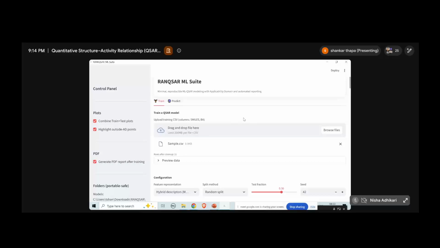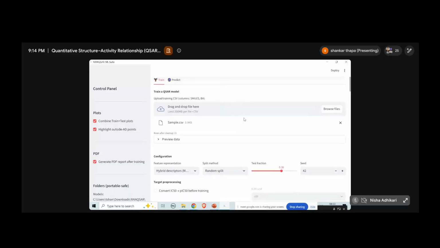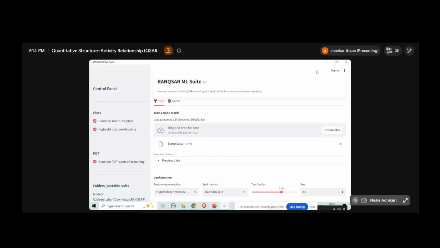Okay, so the criteria will be your IC50 value first. Sometimes you can use the better IC50 value, suppose an IC50 value less than 100 nanomolar. Suppose you have downloaded 500 compounds from those databases, and now you don't want to use 500, so you have to screen out. How will you screen out? You will first screen out on the basis of your IC50 value, because the better the IC50 value, the better the model, correct? So another criterion is the